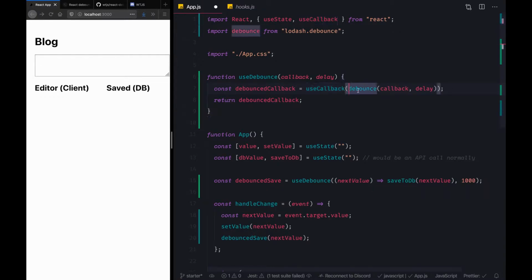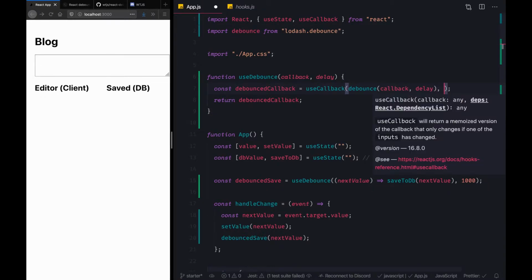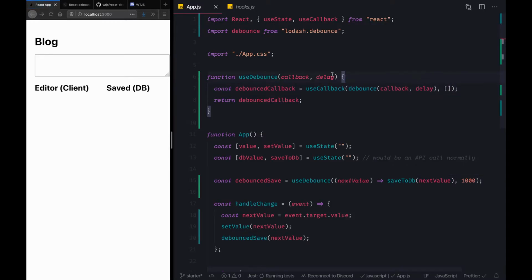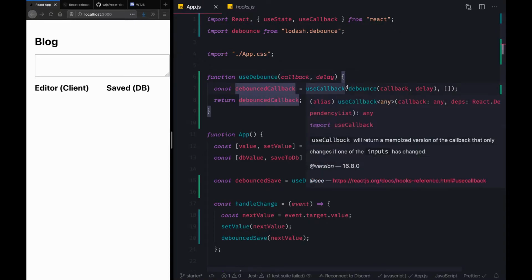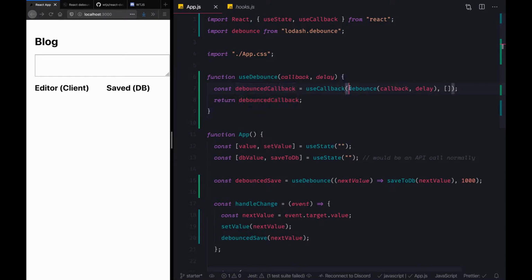And now in this use callback, we can let it only initialize once. This is actually creating a memoized function for us and returning the same. Since all of this is inside a use callback, it will only be created once, and ensure that the debounce callback that we receive remains consistent across renders.